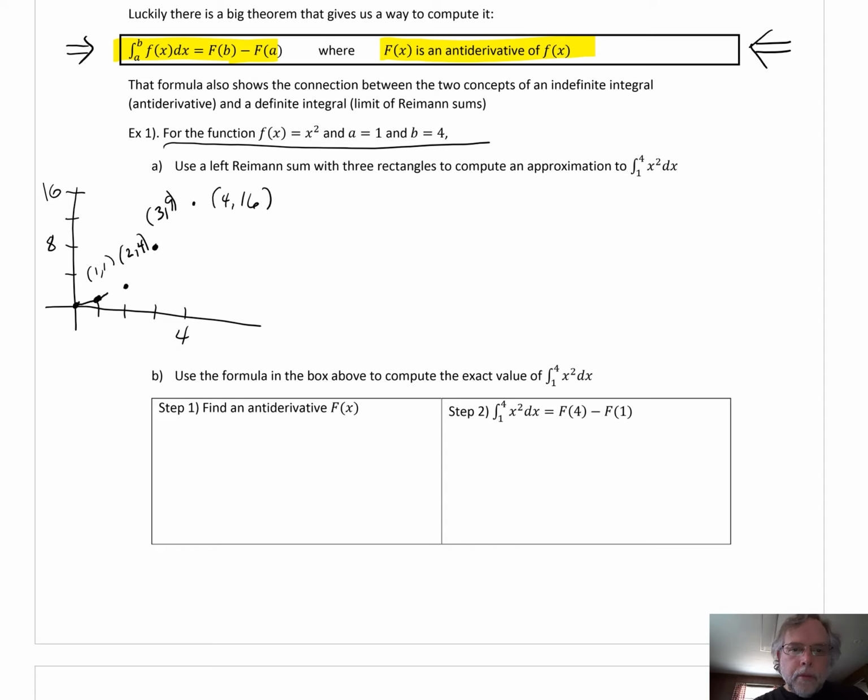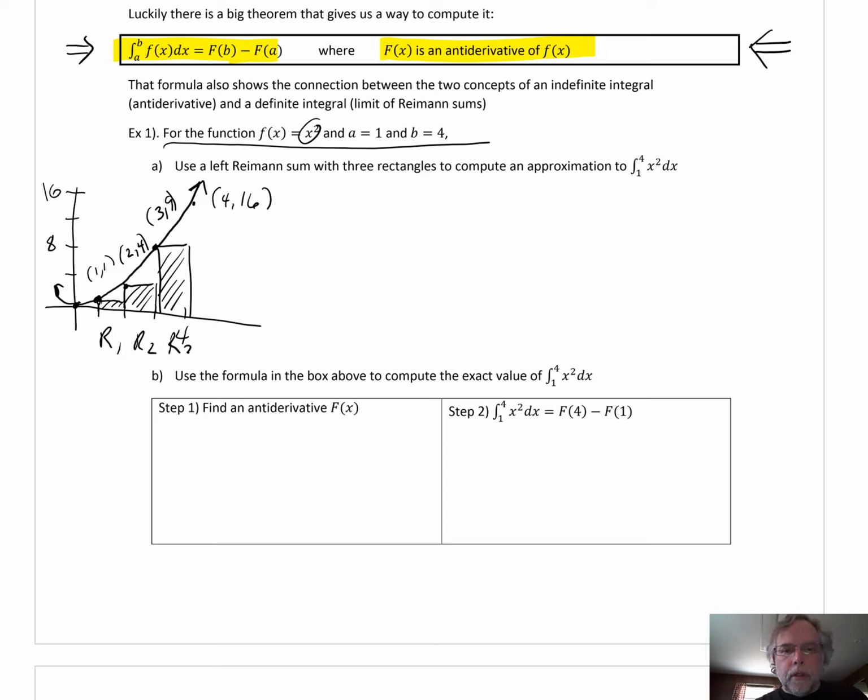Sorry, my points labeled there are a little bit off from where they are, but you get the idea. That of course keeps going, and that's our friendly neighborhood parabola x squared that we know and love. Now for our rectangles, we're supposed to do a left Riemann sum, so we're going to use rectangles like this one, and this one, and this one, and that's it for our left Riemann sum rectangles,